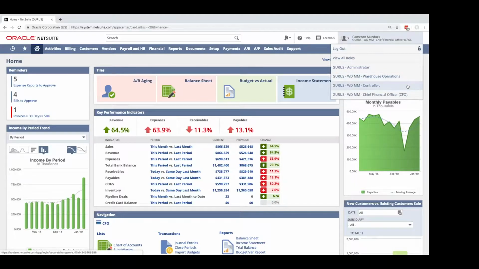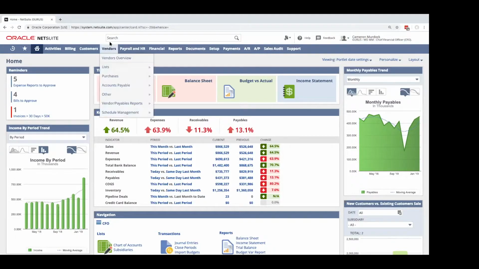Now remember that NetSuite roles are configurable, and we can control which permissions are applied to which roles and which dashboards are also configured for certain roles. In SuiteSuccess, we actually have 13 pre-configured roles for the warehouse and distribution vertical, but in this case, we'll be reviewing just these 3 roles for today.